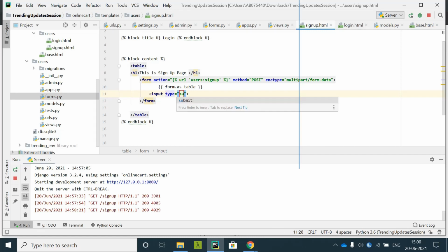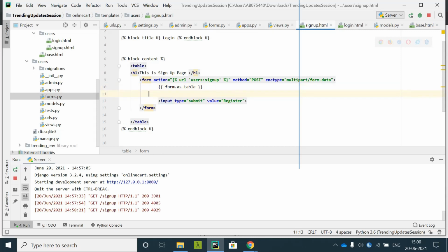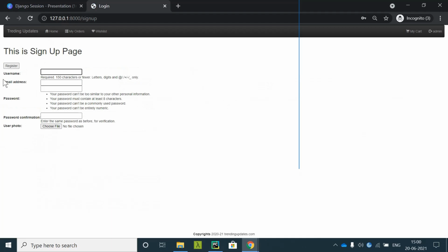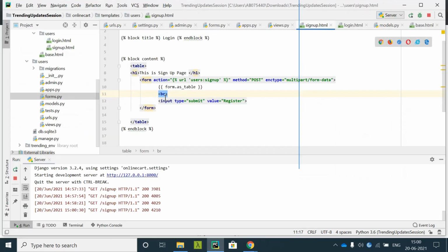Input type submit, value I use as register. I will use only these things as of now.